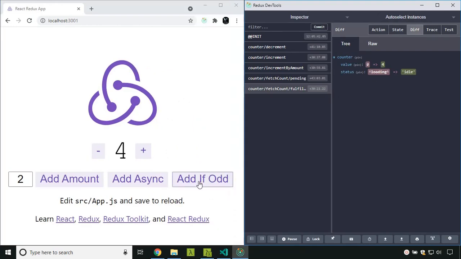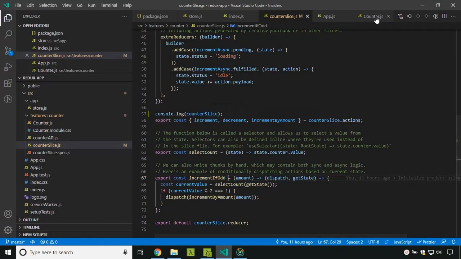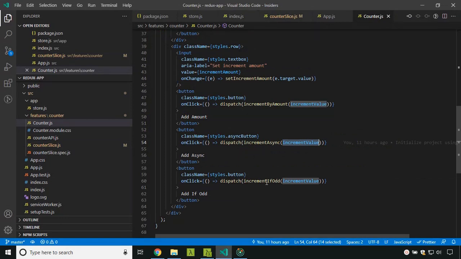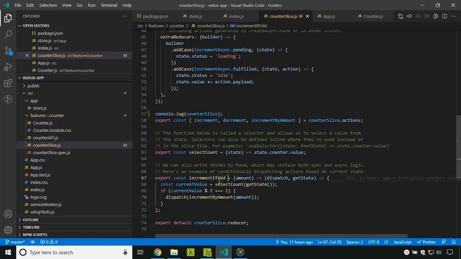So here we have one more button called add if odd. So let's go to the counter.js. Here they are sending another action called the incrementIfOdd action. If you go to the definition of that, you can see that it is an anonymous function which returns another anonymous function and accepts the dispatch and also the current state.